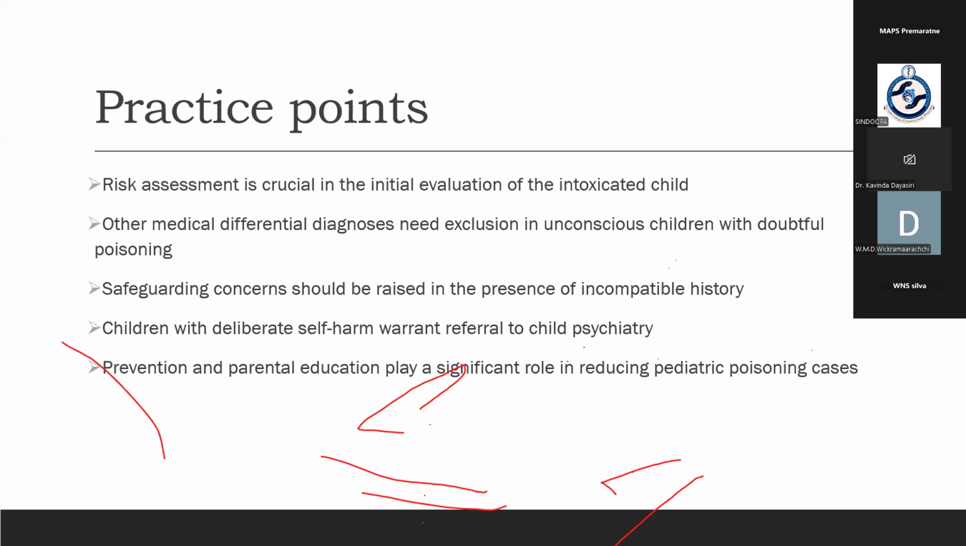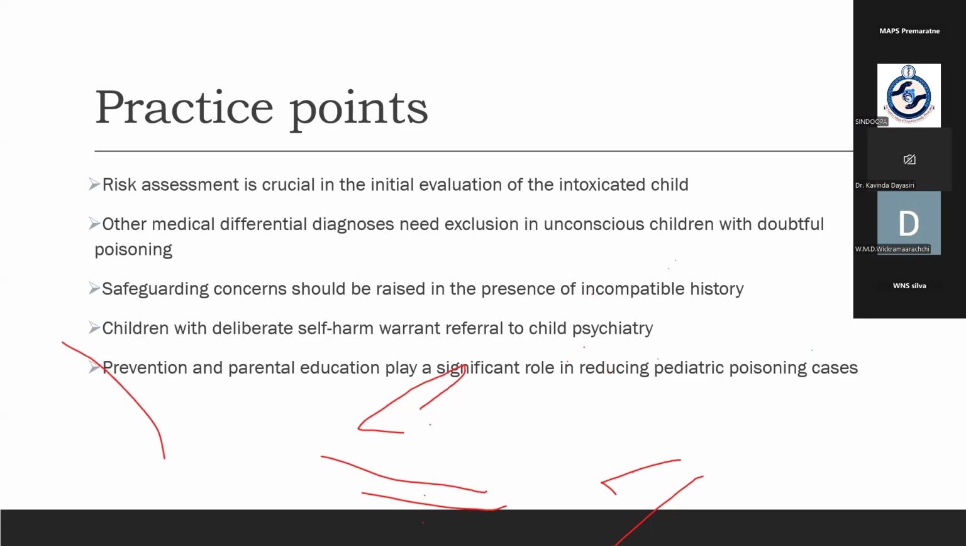So the message I want to convey is, it's very good to know about the risk assessment. Risk assessment is very important for any clinician to decide quickly on the likely needed action, whether to resuscitate, whether to observe, whether to discharge. So that is based on accurate risk assessment. And while suspecting toxicological emergencies, it's good to be mindful about other medical DDs like meningitis, meningoencephalitis, septicemia, metabolic causes, especially in children who are presenting with doubtful poisoning. Safeguarding concerns also we have to keep in mind, especially when they present with incompatible history,